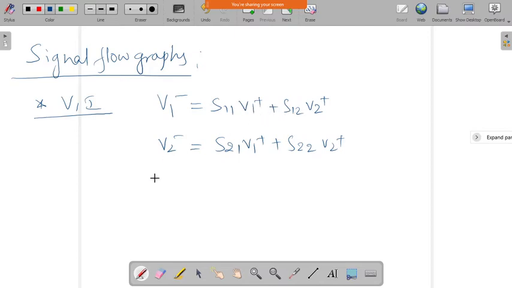Even we can write it in matrix form. So this is in terms of linear equations. We can know one parameter from other parameters, from the network data provided, so that we are able to find out the other variables.